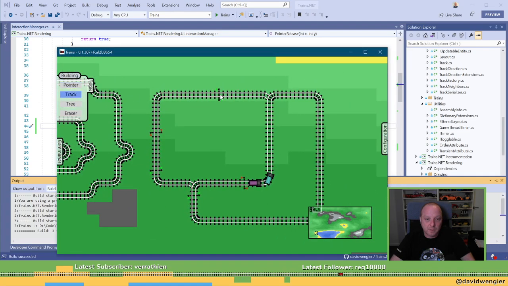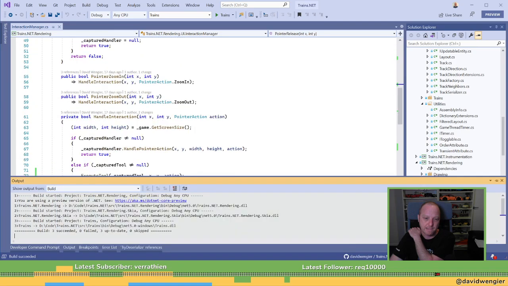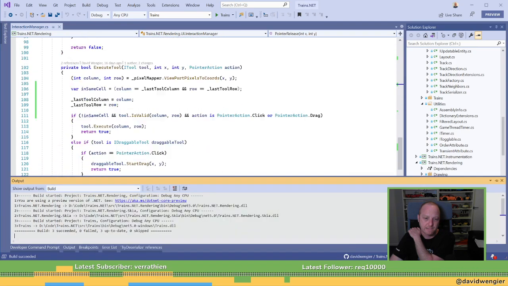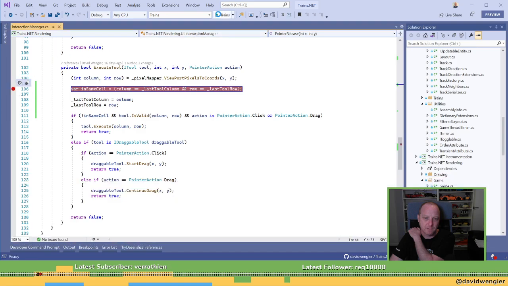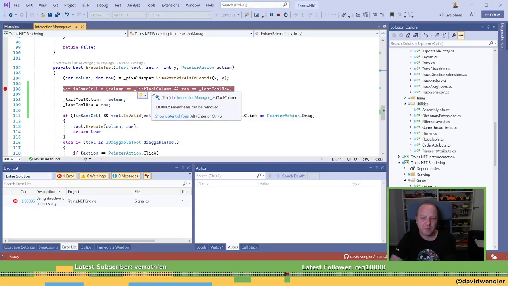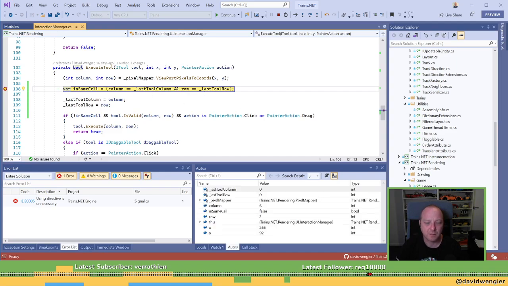So we can click. Nope. Okay, we can't click. That's a problem. That's a big problem. Why can't we click? I don't understand what I've done wrong there. I mean, that's going to start at 0, which is probably wrong. We should start it.